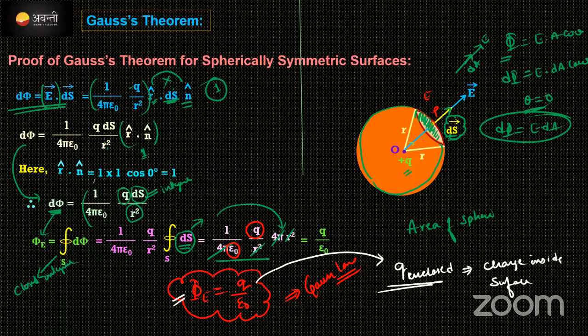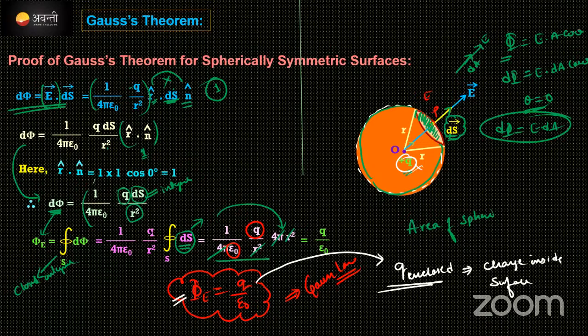Directly लिख दो. If charge is not inside the Gaussian surface, मान लो this is the Gaussian surface, the white color which one I'm drawing here. इसके अंदर charge नहीं है, then charge value here will be 0. Then flux value क्या होता है? 0 हो सकता है. Is it clear, right? Let me know in a chat box once. Is it clear? Good. Yes, that's great, guys. I think you people have understood.